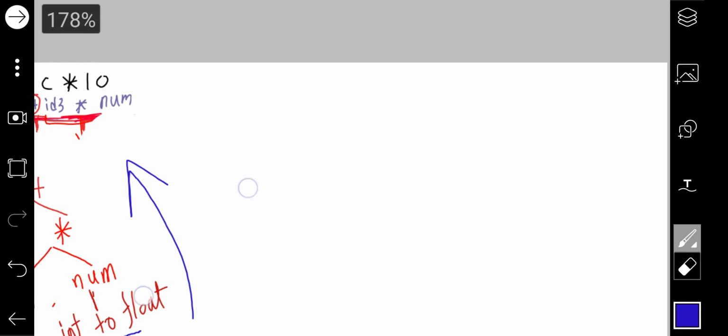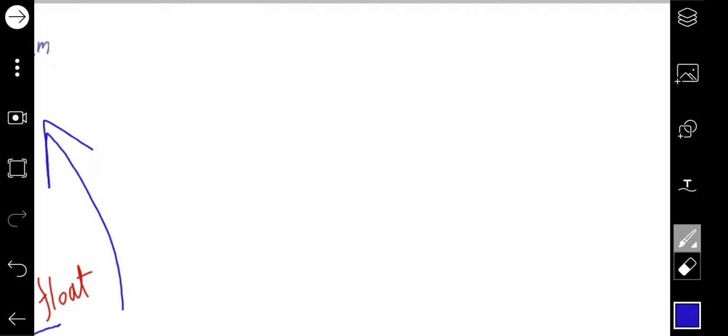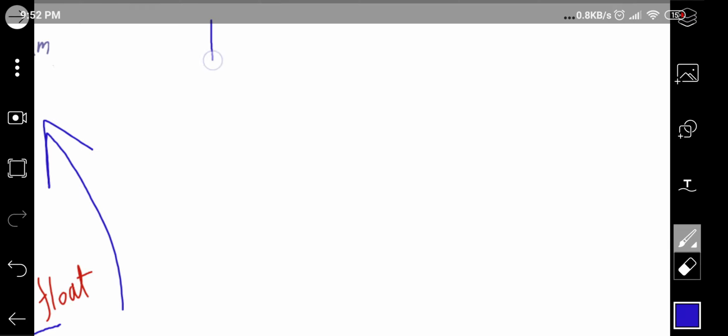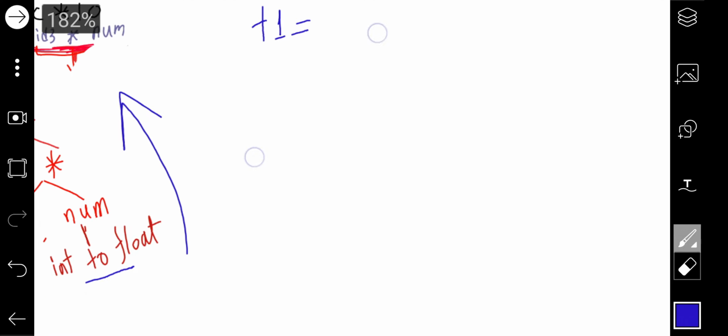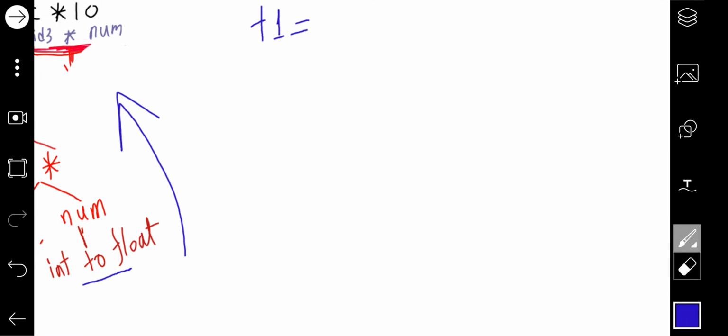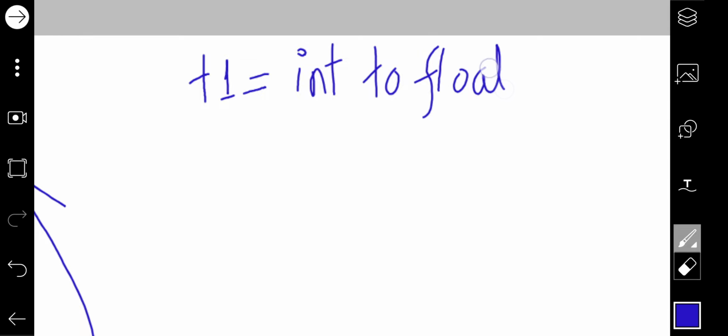So this is our first task. You will declare a temporary variable, t1. Now t1 will do convert: here you declare a function, int to float, and our number was, I guess, 10 here.